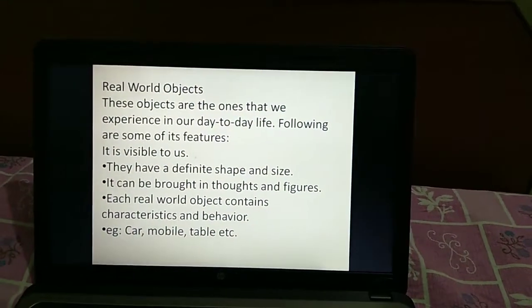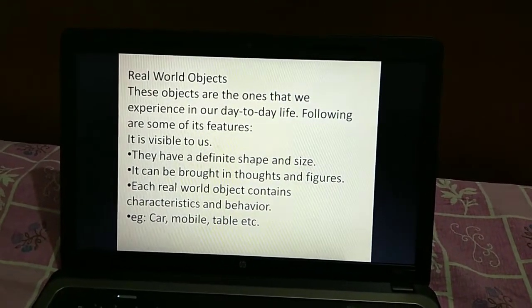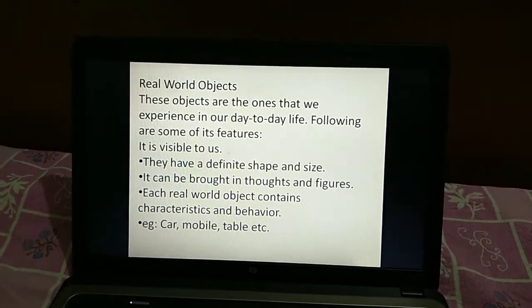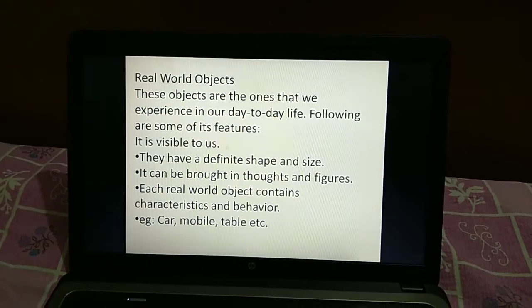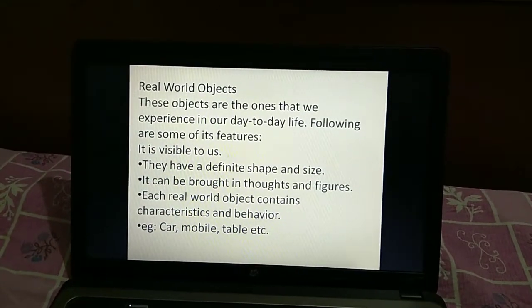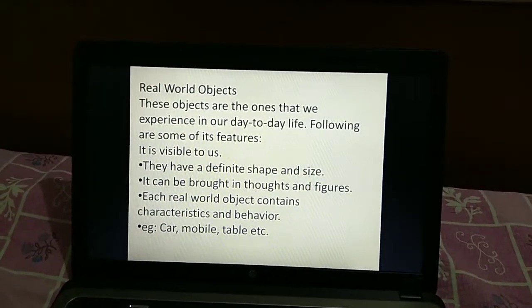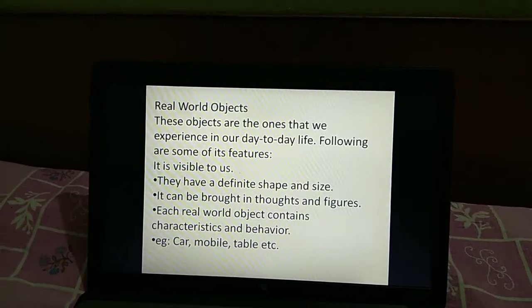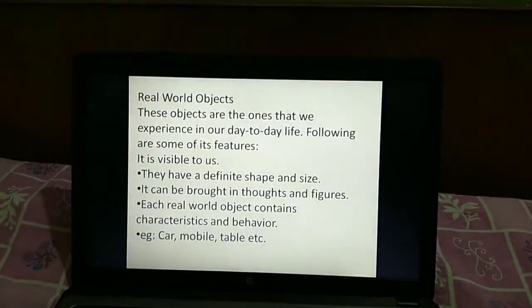The real world objects are those that we experience in our day-to-day life. Some features of real world objects: they are visible to us, they have a definite shape and size, they can be brought into our thoughts and figures, and they contain characteristics as well as behavior.